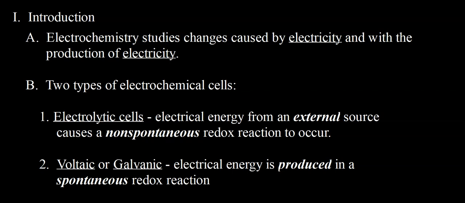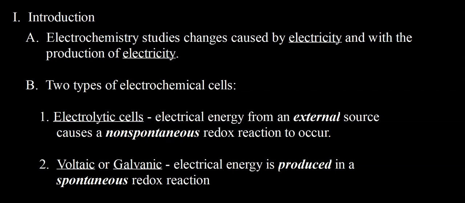One of them is known as an electrolytic cell. And in an electrolytic cell, electrical energy from an external source, such as a battery, causes a non-spontaneous redox reaction to occur. So the reactions that occur in electrochemical cells are redox reactions. We'll review what that means in just a bit. Just know that in an electrolytic cell, the reaction is non-spontaneous, and therefore you need an external power supply to